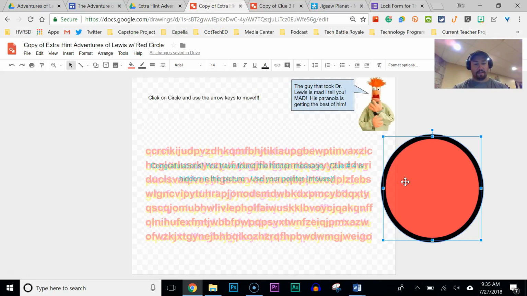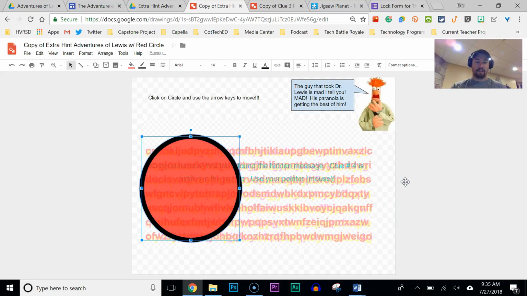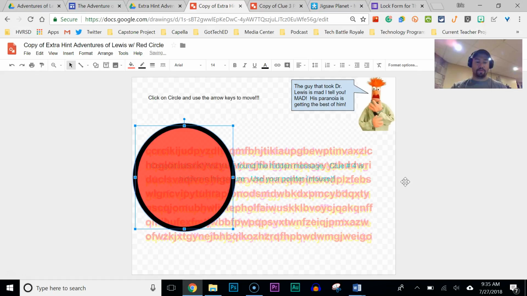This is a red reveal. You're not going to be able to see this, I don't believe, on your screen, because you have to look at the red reveal on your own screen and tilt the screen in order to see it. So the way that you do that is you take this little red reveal circle here, you take it over the hidden message. The red's going to cancel out the red that's in the scrambled message, and it's going to